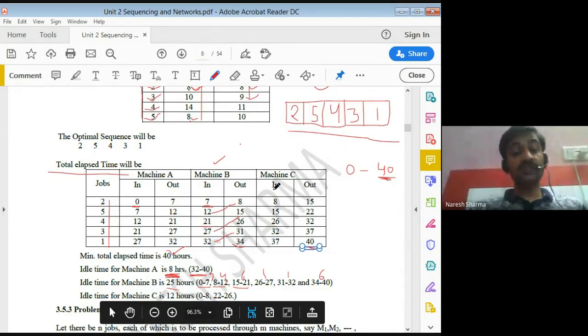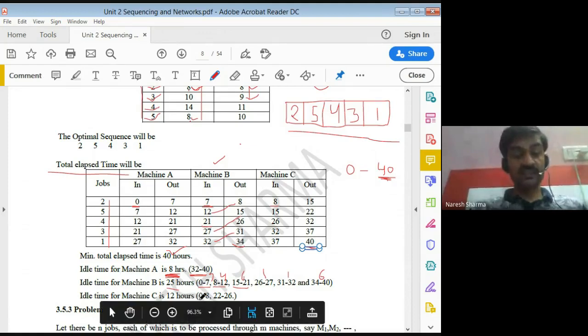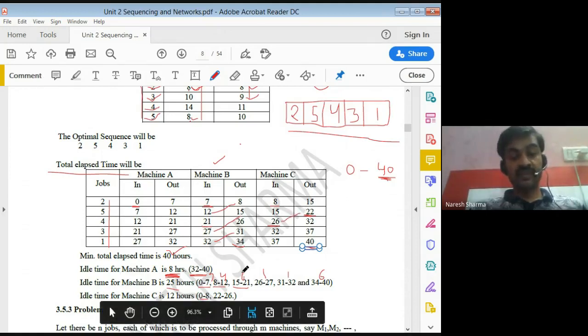Now similarly for your C machine, it starts working at 8. So 0 to 8 it is free. Now 8 to 15 it is continuously working, 15 to 22. So at this stage if you see 22, after 22 it starts working at 26. So this difference, 26 minus 22, that is 4 more hours it is at rest.